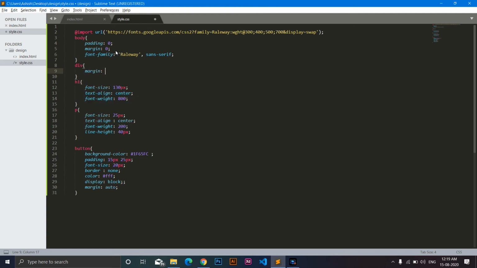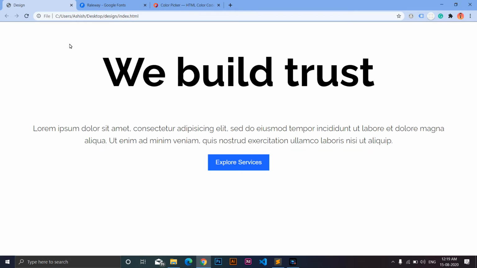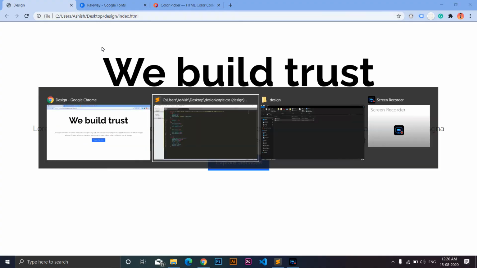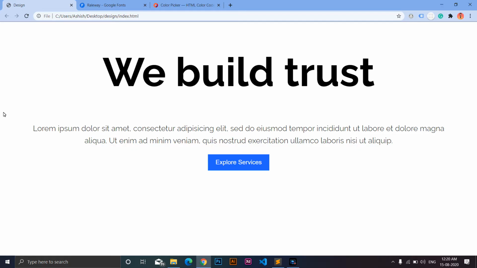No worries. Like top and bottom margin of 20, and left and right I want it to be like 5%. This 5% will be the percentage of the parent element. We have the parent element as body, and the body is taking the full width, so 5% is this much space at both sides.